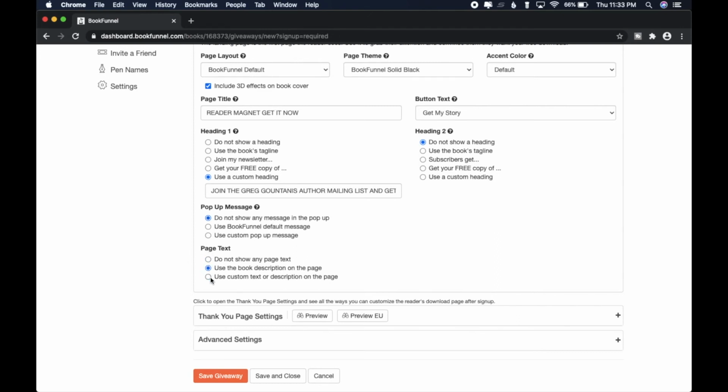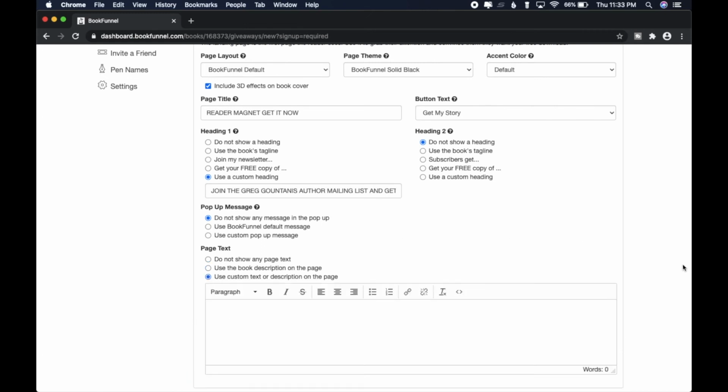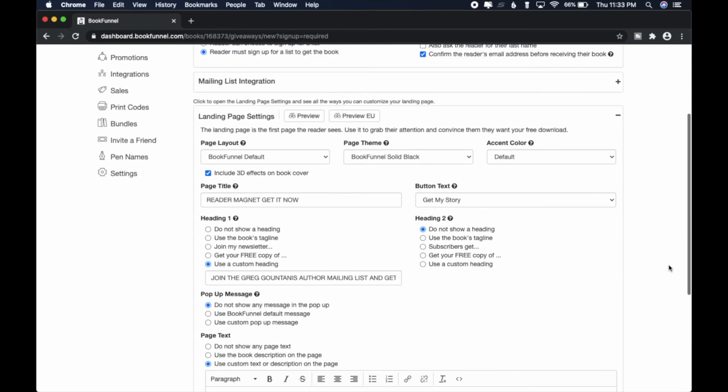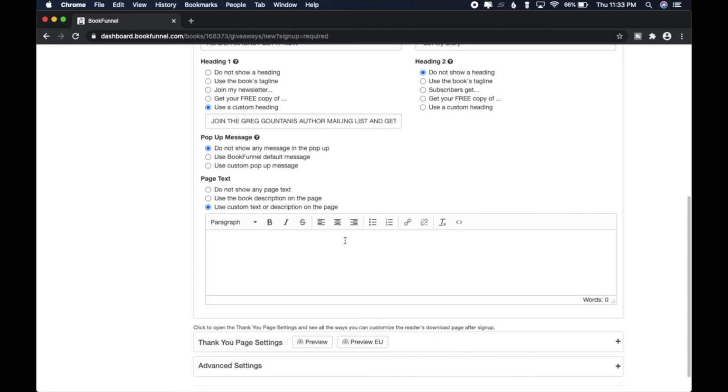Now, as far as the page text, this is going to be directly underneath the button where they click to get their story. And this is where you want to have sort of something short, punchy, and enticing to the reader. So I can put something like,